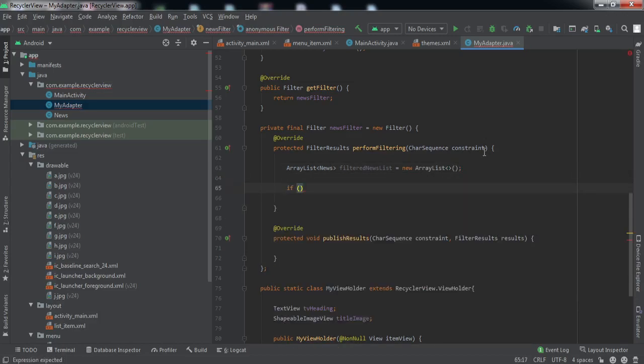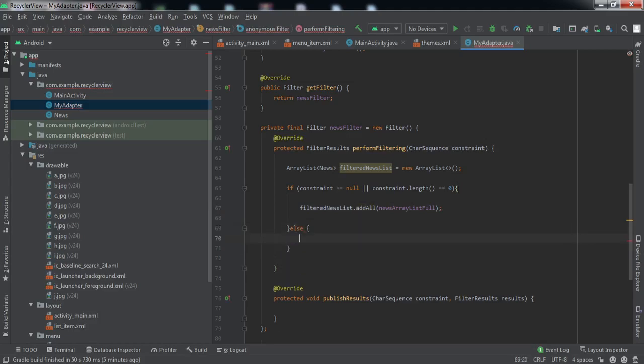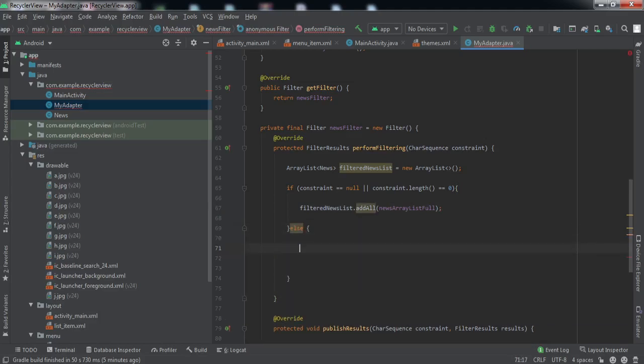Now inside this constraints we'll get the text that the user has typed inside the search view. Here we'll check if the constraint is null or does not have anything, then we will put all the items that are there in the list into the filtered list, right? So that is all we need to do. But else, if there is some text inside the search view,